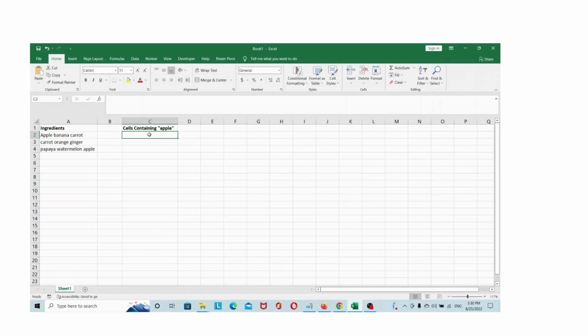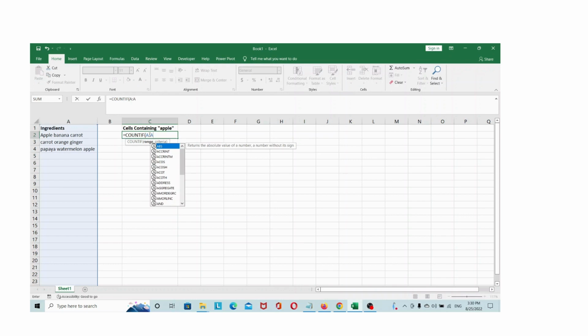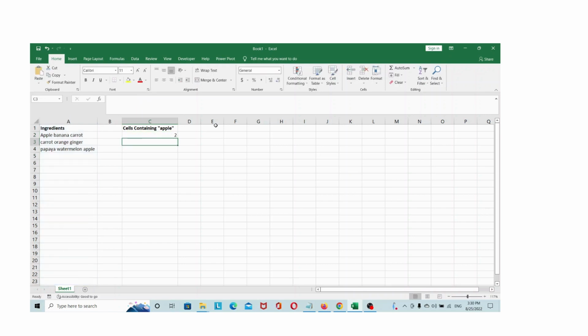Now, if you're not case sensitive, we could do a simple COUNTIF and pass in the range, which is in this case column A, and then I want to do a count of how many times apples appear, and I'll pass in a wildcard, in this case asterisk, at the start and at the end, and do a count. And so this tells me that there are two cells that contain the word apple,